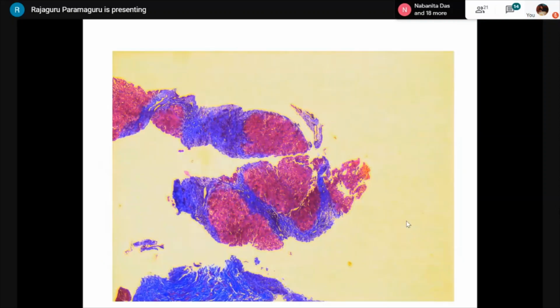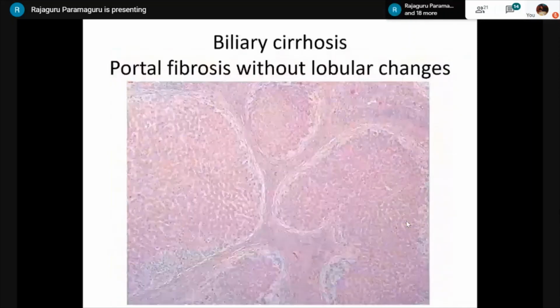So this is kind of an incomplete cirrhosis or a bridging fibrosis. If it is a well-formed nodule, you call it a complete cirrhosis. And the regenerative activity of the hepatocytes, in most of the biopsies you will be able to find, but in certain biopsies, the regenerative activity of the hepatocytes will be lost. So you will have to rely on the fibrosis only to call it a cirrhosis or not.